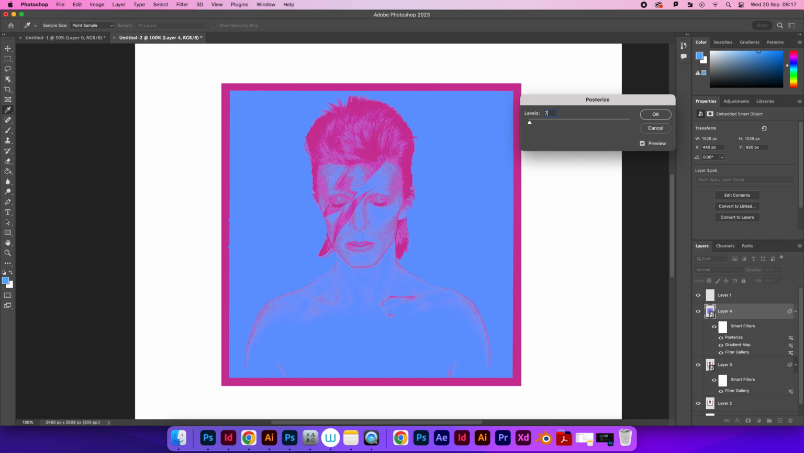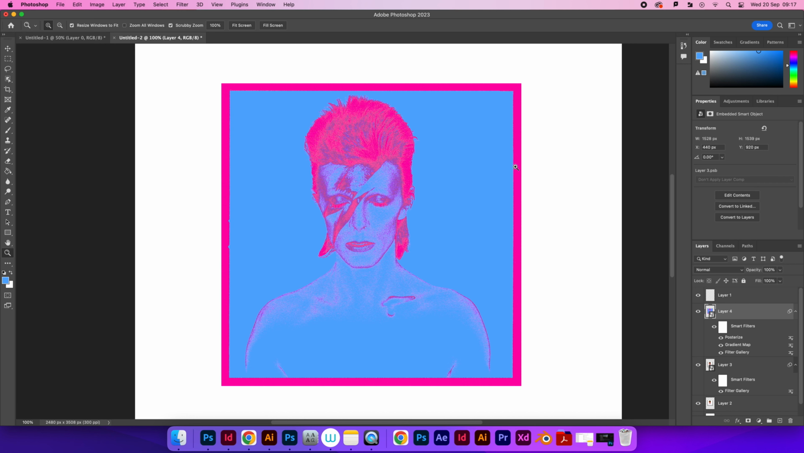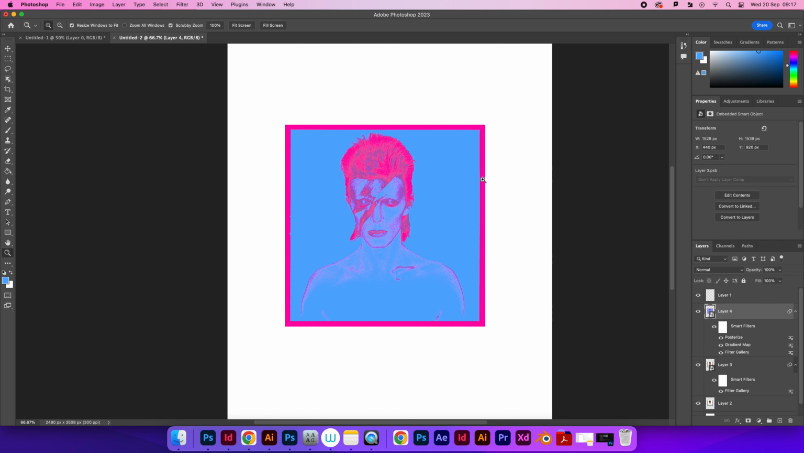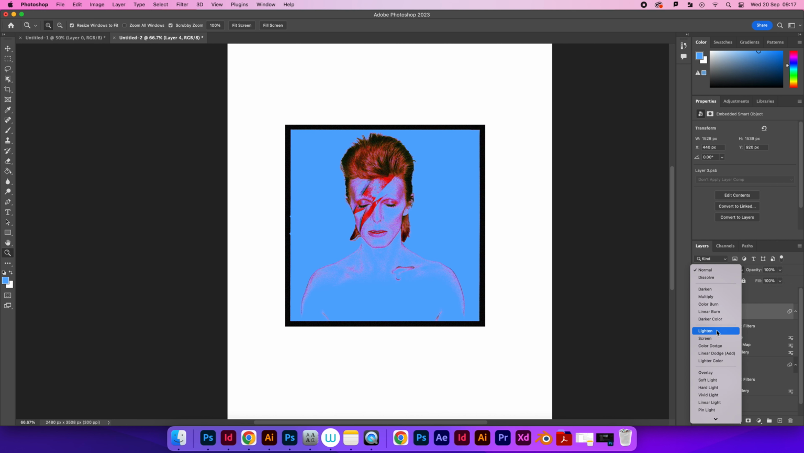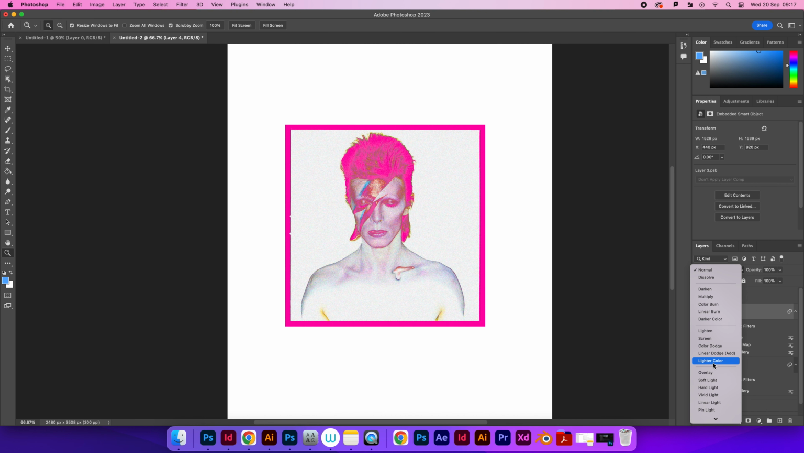So if you want it to have this really sort of textured, comic-y feel, a bit like a sort of pop art effect. And then you can change the blending modes. So I quite liked the lighter colour one, just to add a bit of intrigue to your images. But yeah,